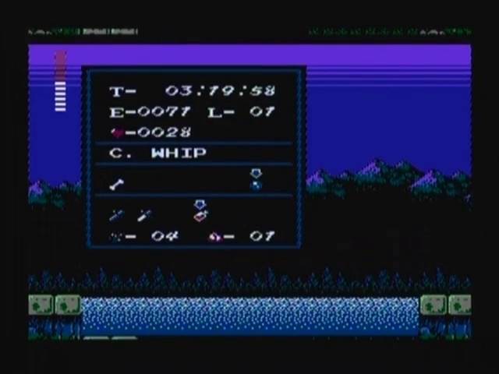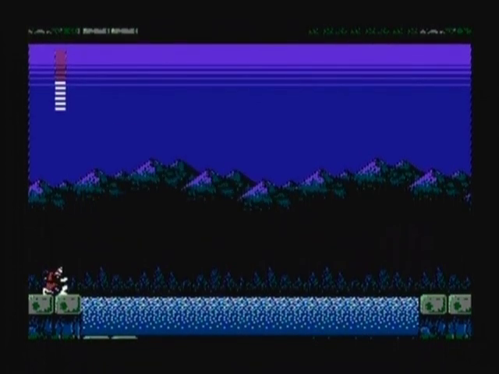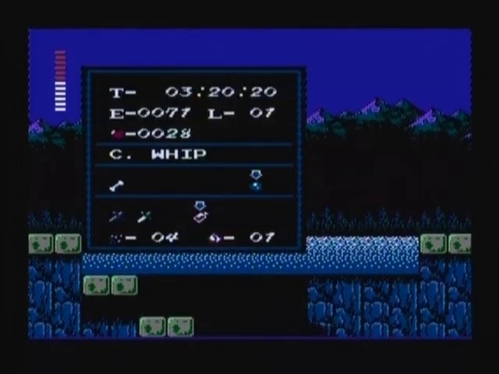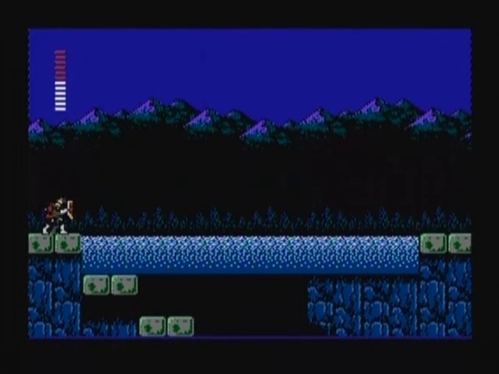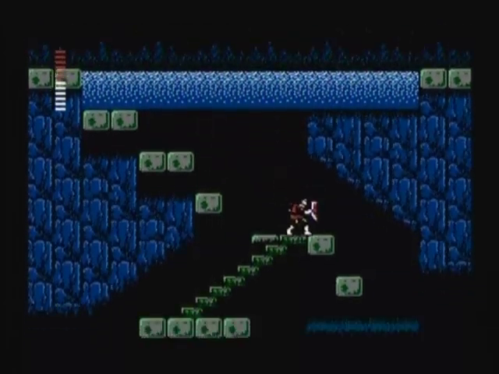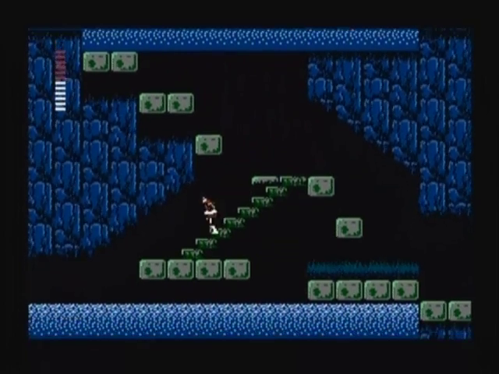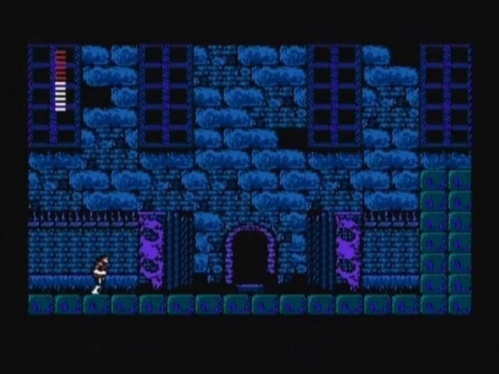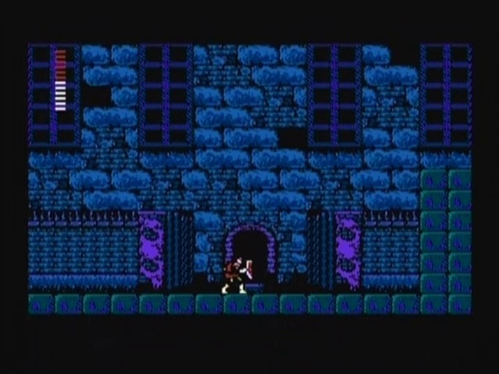Okay, so now we've got the blue crystal. You've got to kneel down, and there we go. The screen moves down any second now. There we go. That's just insane. Another one of those secrets which are impossible to figure out without a guide. If you tried to walk into the lake or river or water, you just fall in the water and die. So how is anyone supposed to figure out you're supposed to kneel down